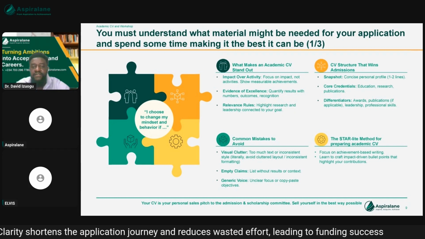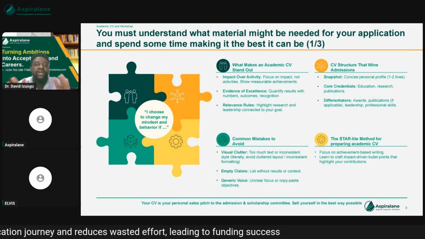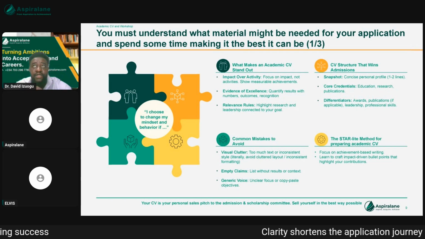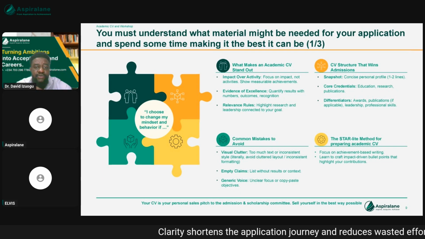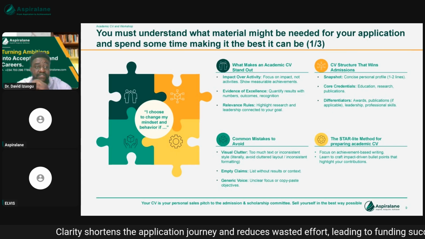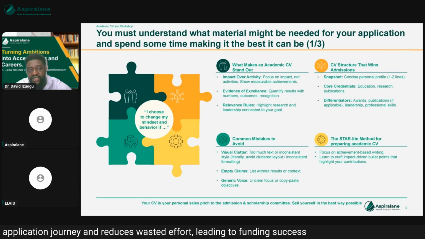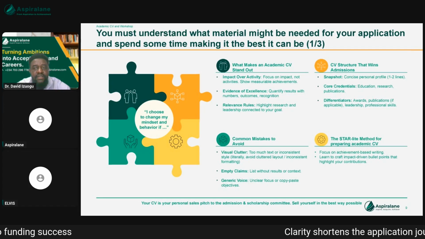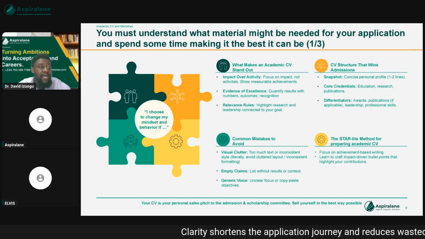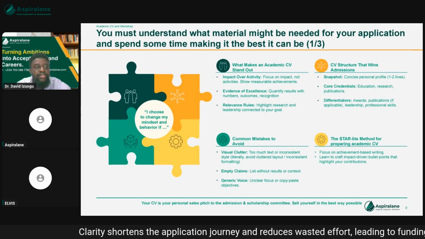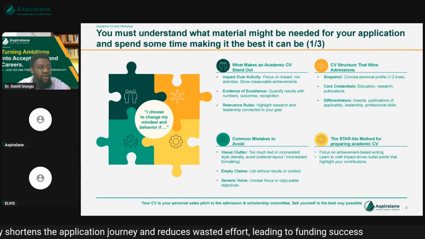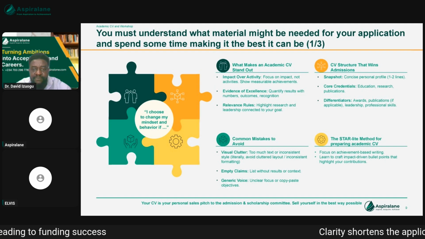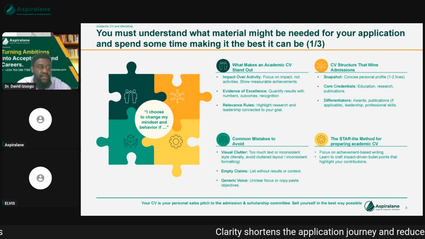But anyway, there are four key things, four key drivers that you need to think about when preparing your CV. Some people would typically think that the best way to give them orientation on how to prepare their CV is to tell them what needs to be on the CV. But the danger is that these things are not exhaustive. So to be on the safe side, while telling you what needs to be in there and how to structure it, it also makes sense that you are told what not to bring in there, or what common mistakes people make trying to put together their CV. So I will start with what makes an academic CV stand out.